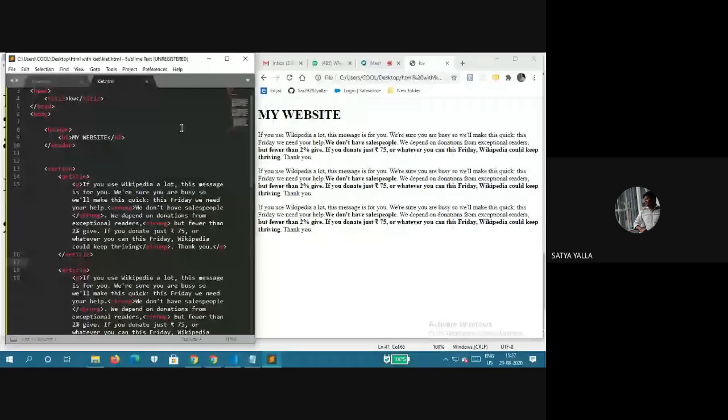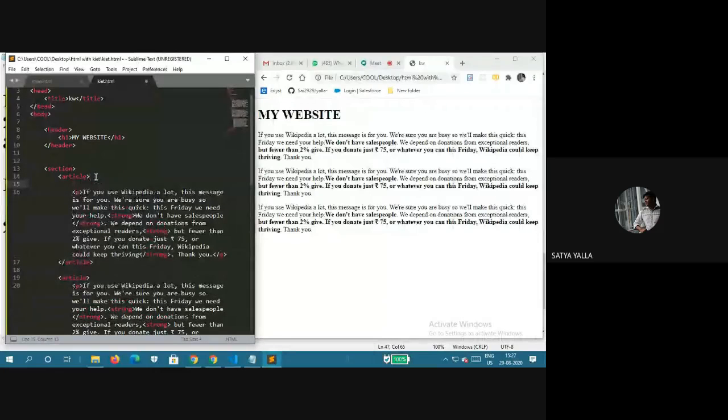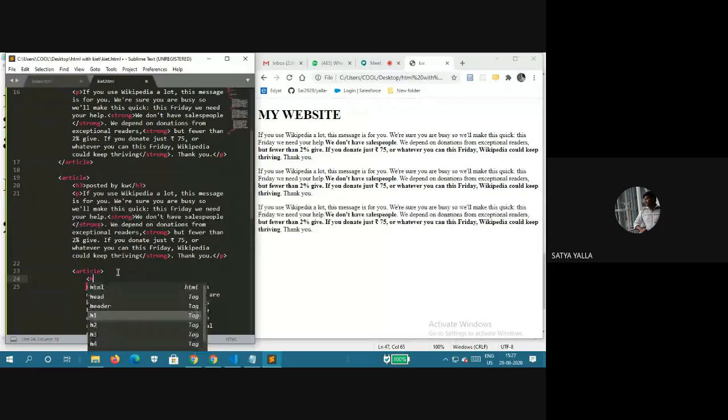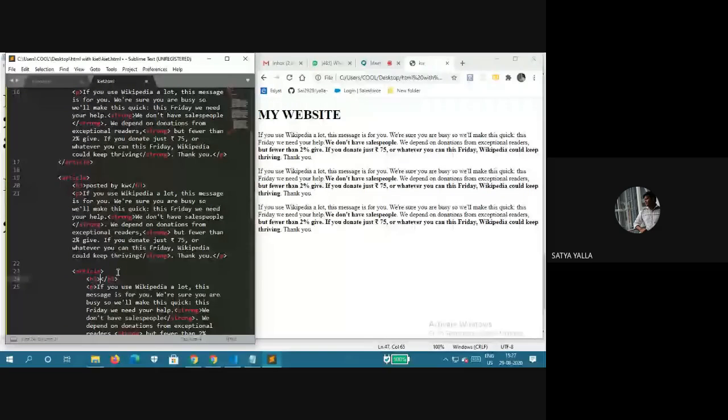Now here we have to mention the heading. So the heading is the information posted by Kite W. Same here also, S3 and posted by Kite W. Here S3 again and posted by.